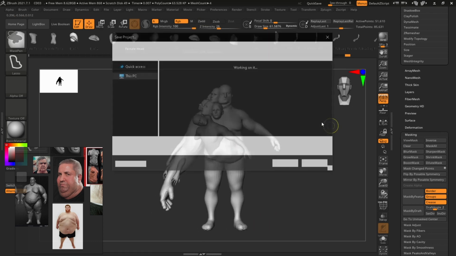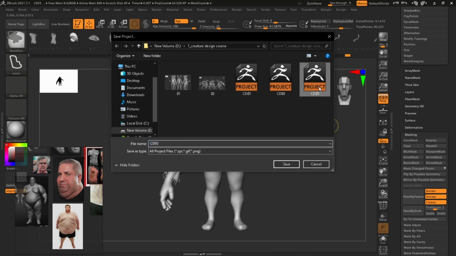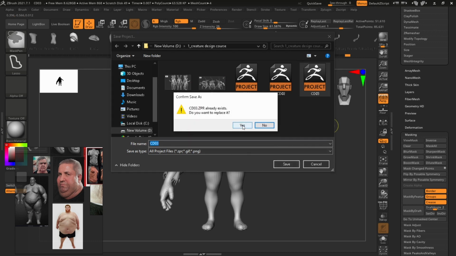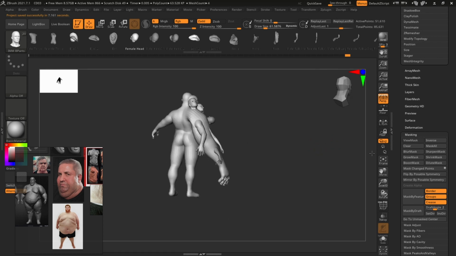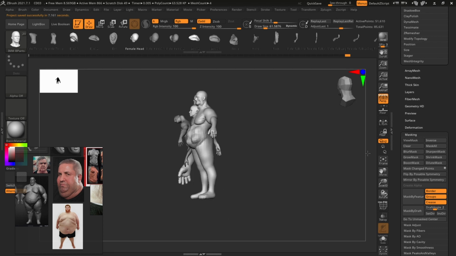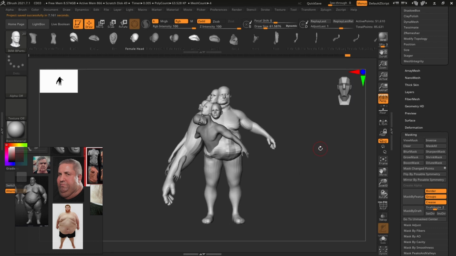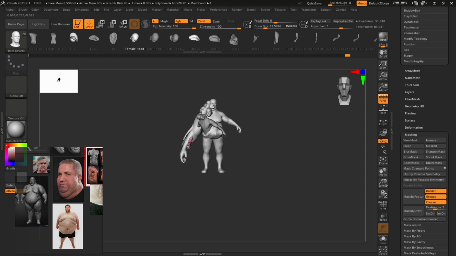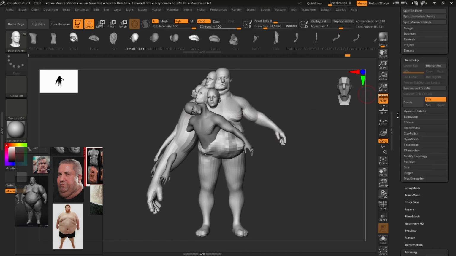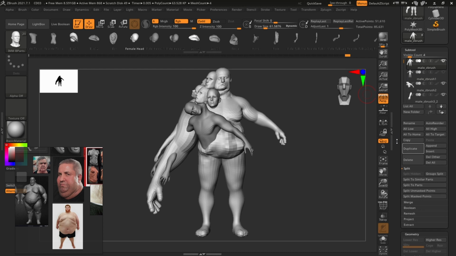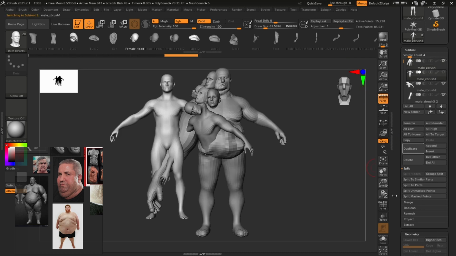Let's save the file. Right now it is O3 because this is our third iteration. Okay, I kind of like where it is going, right? I think it is heavy only in this side, so we might need something here too. Maybe another human. Let's use this one. Duplicate or